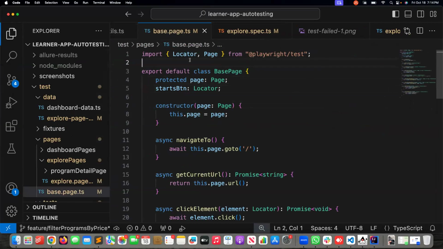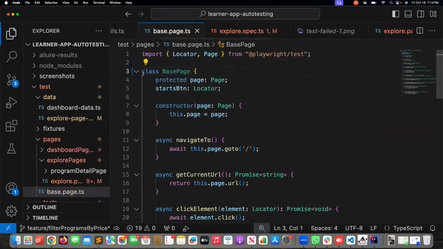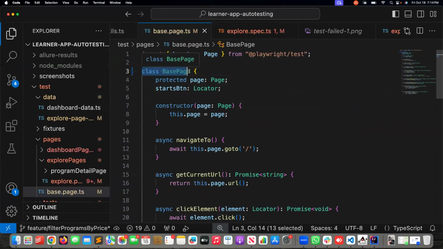In Java, we write the class like this, right? Class name is base page. Is it inheriting anyone or no? No, right? We don't see which keyword? Extends. Therefore, it's not